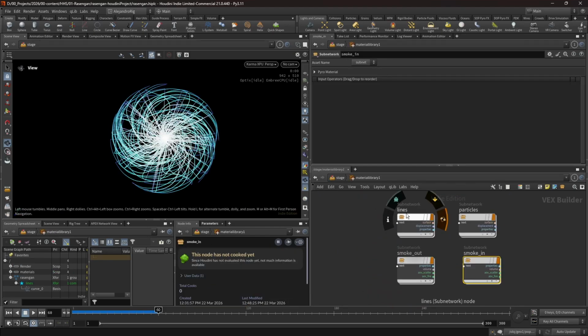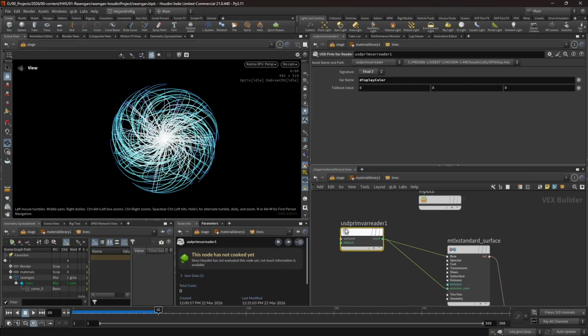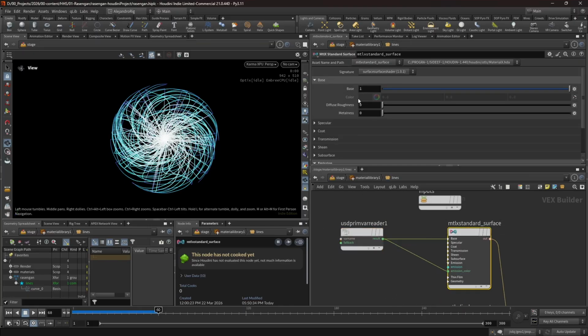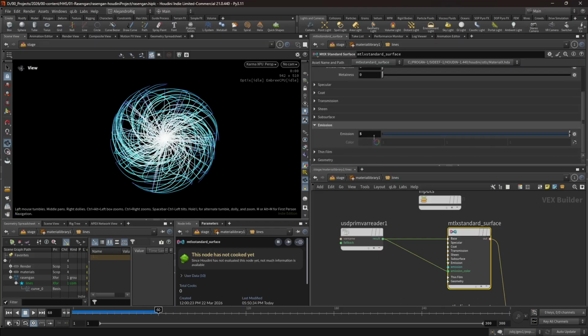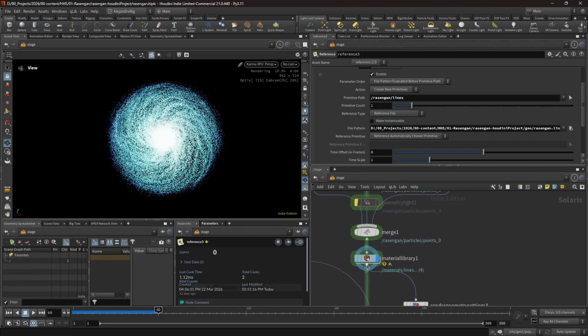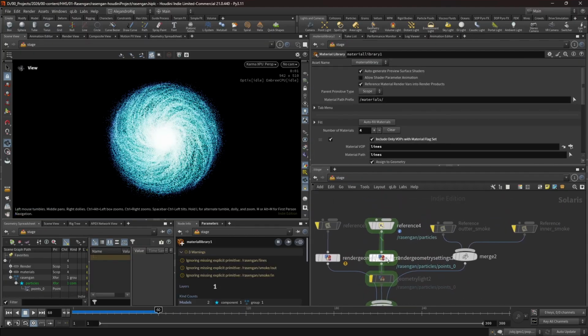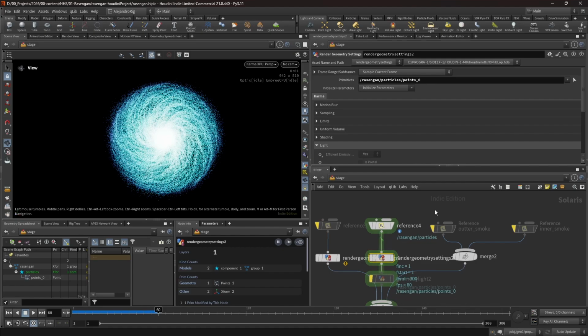I added some emission. I imported the color and plugged it into the base color and into the emission color, and for the emission I just turned it up until I liked it. For the particles, the emission is double that of the curves, because I want the particles to be like an emission light. I had some problems with this because I thought it would be in the render geometry settings, but